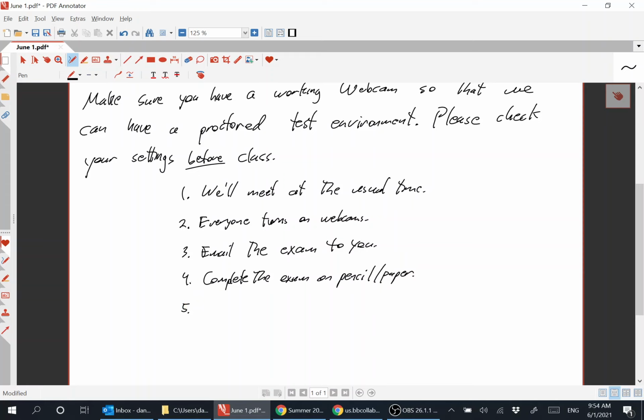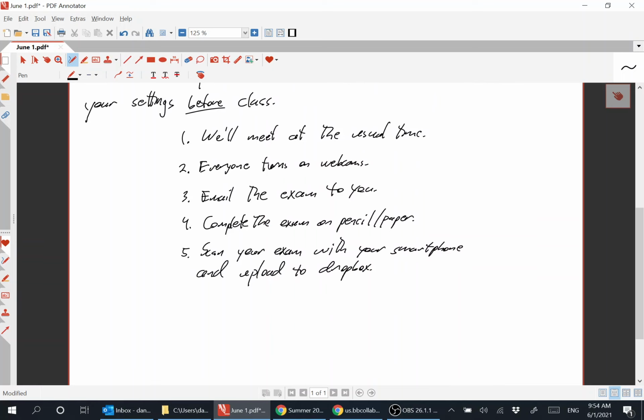Five, scan your exam and upload it to Dropbox. I'll have a folder set up on Dropbox for the exam, and all uploads will need to be complete